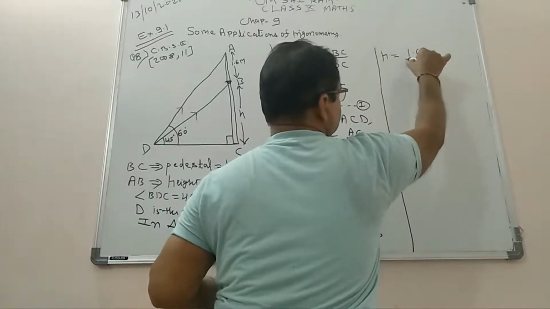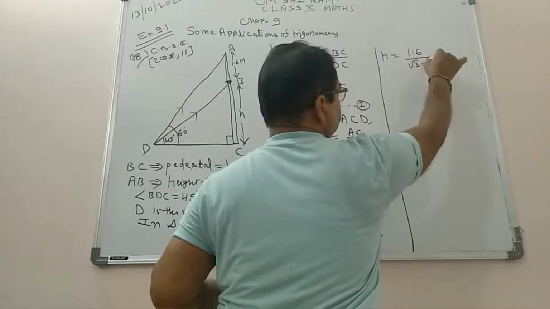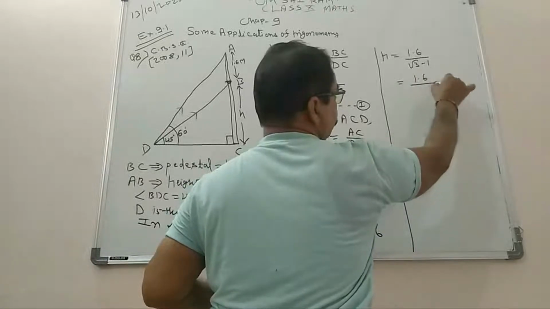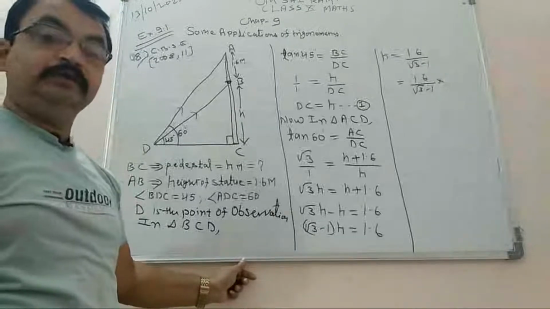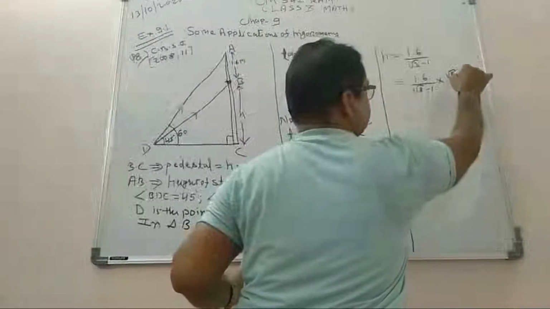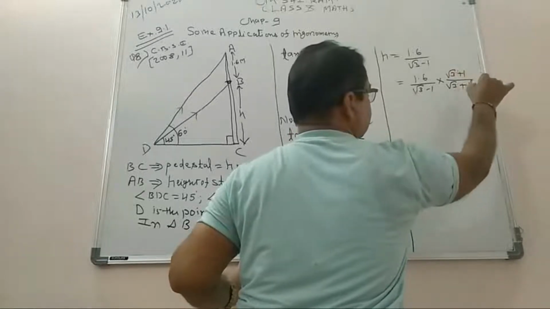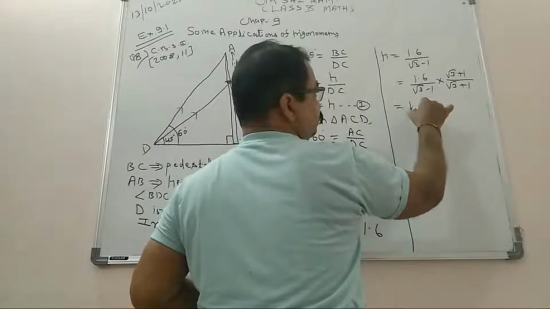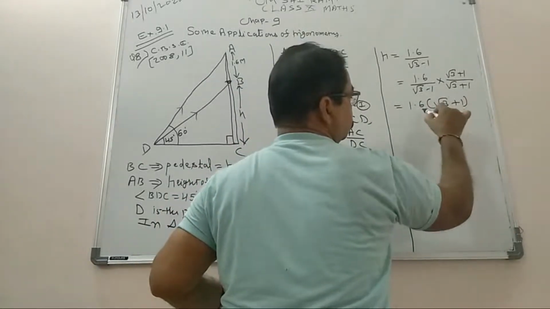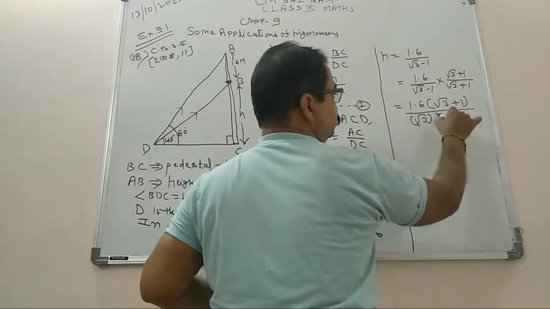So h equals 1.6 divided by root 3 minus 1, children. Therefore, rationalize it. The rationalizing factor for root 3 minus 1 is, of course, root 3 plus 1. So you will rationalize it with root 3 plus 1 in the numerator as well as the denominator, children. So what you will get? 1.6 times root 3 plus 1, upon the algebraic identity a minus b, a plus b, root 3 square